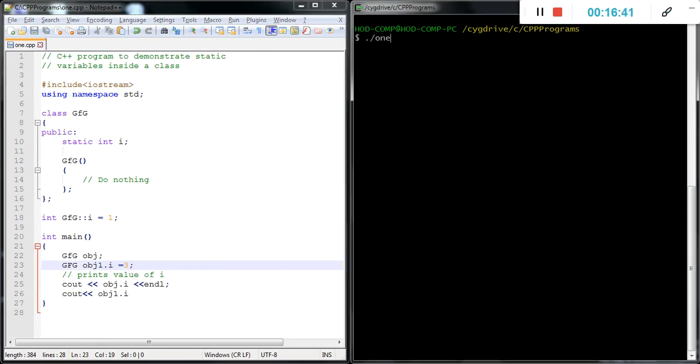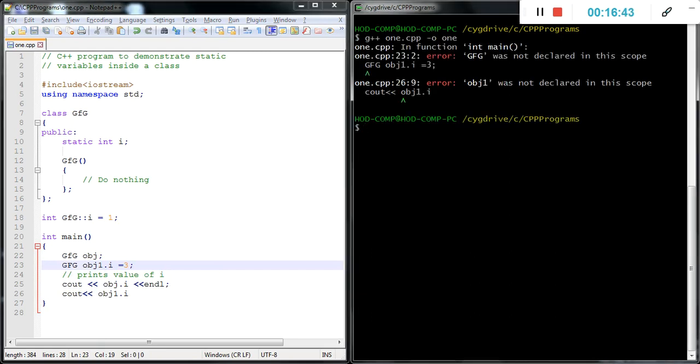Let's verify the output of this. It gives an error because we cannot initialize the static variable again. Okay, it says I was not declared in this scope, cout of I is not possible. That is the obj1 dot I is equal to 3.